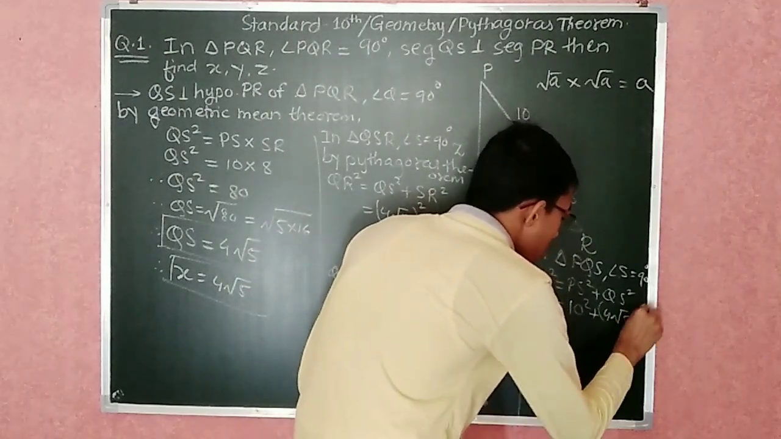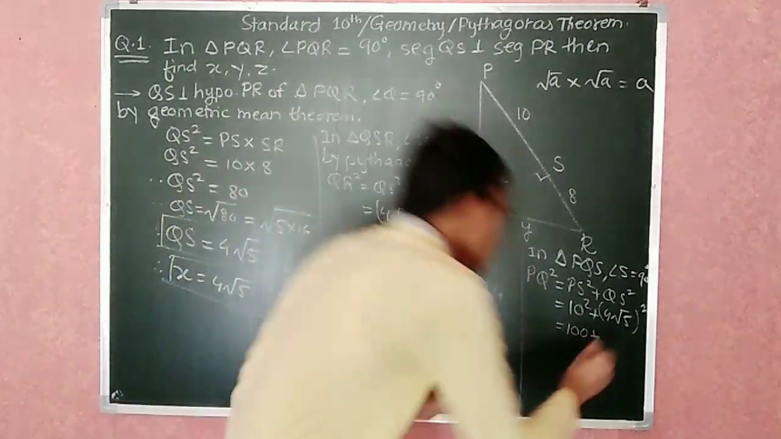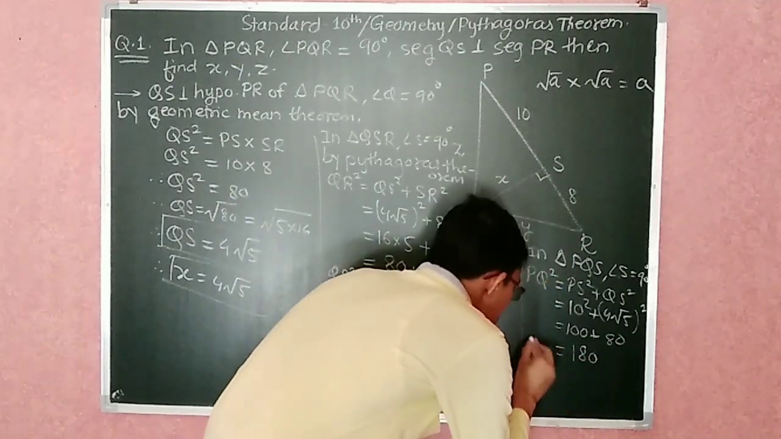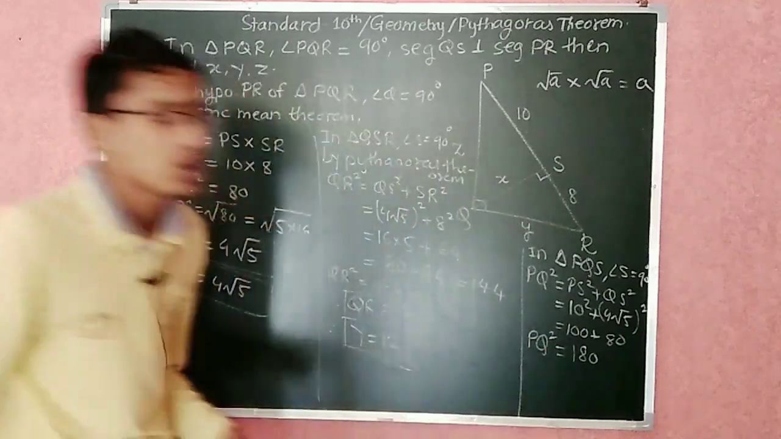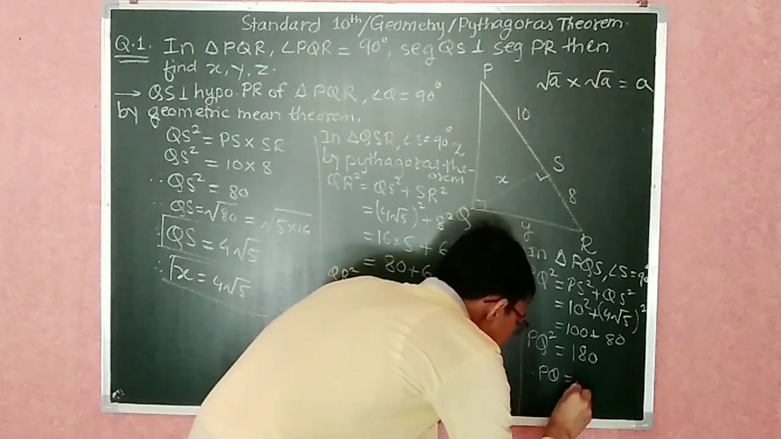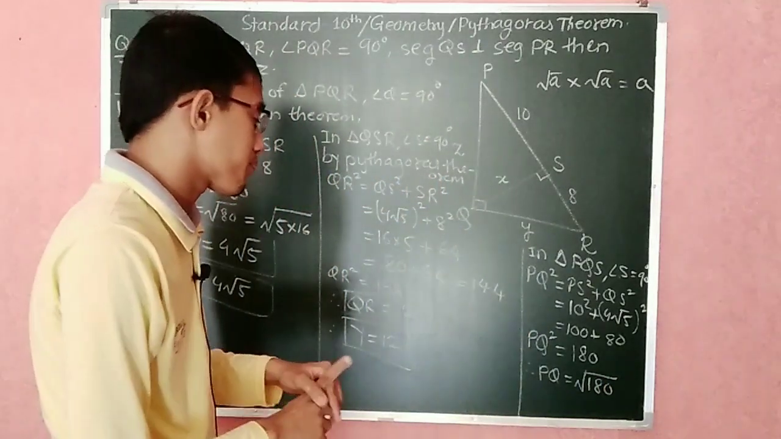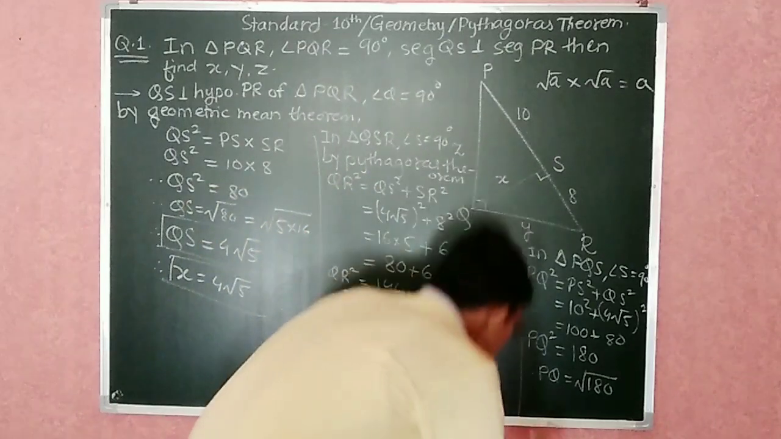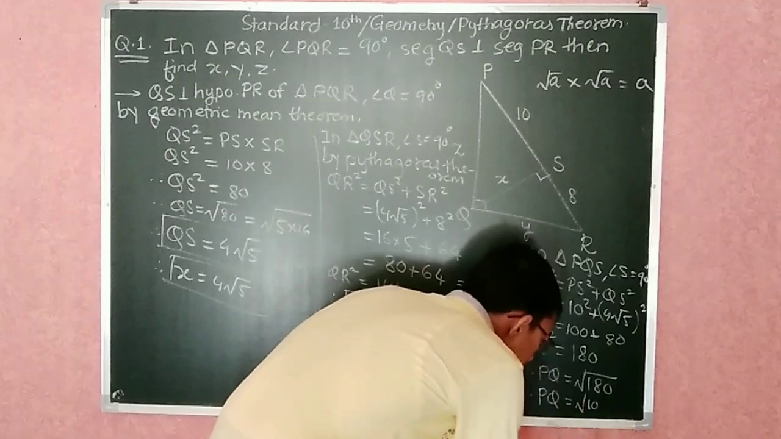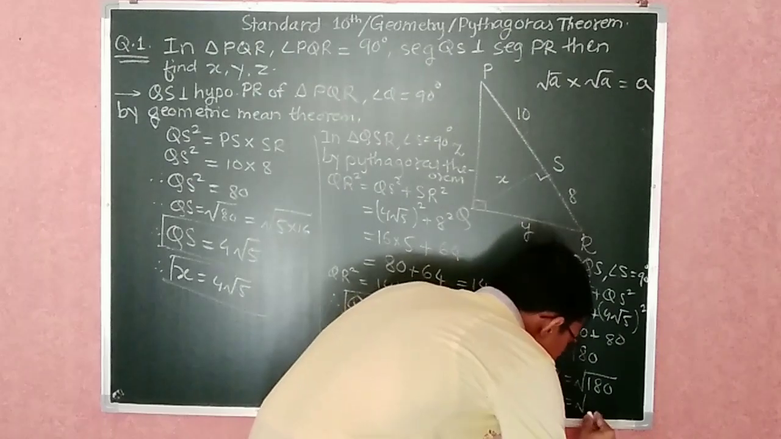10 square is 100 plus (4 root 5) square, which is 80. So we got 100 plus 80, so we got 180. So PQ square we got 180. Therefore PQ is equal to under root of 180. So we can write it as